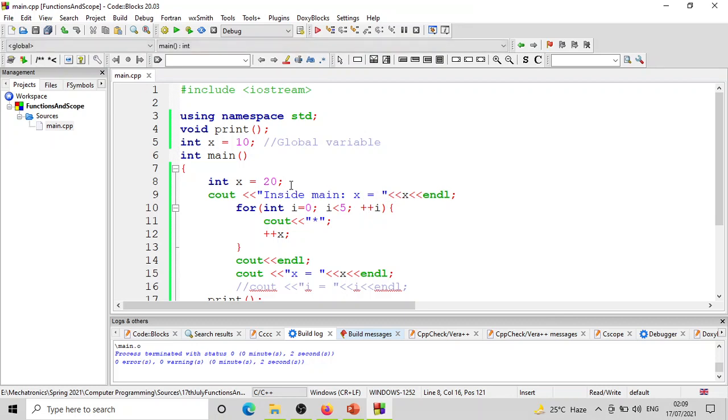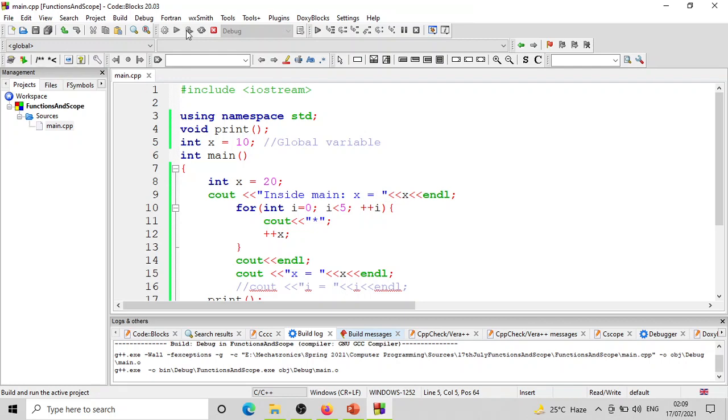If we try to redefine x in the main function, then we are trying to redefine x two times in the same scope. But here we have a global x and a local x. Okay? So the scopes are different. So this is not considered as redefinition. If you build and run,